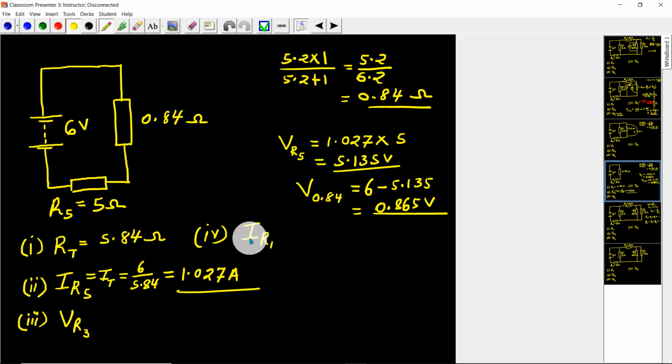In other words, when I went to question number 2 here, I'm asked to calculate the current through R5. I had to ask myself, there are 2 methods of calculating current. Is it possible for me to use the simplest one, which is VT over RT? I realized that in the previous part, I had just been asked to calculate RT, and I know VT from the circuit. So that one was a direct method,